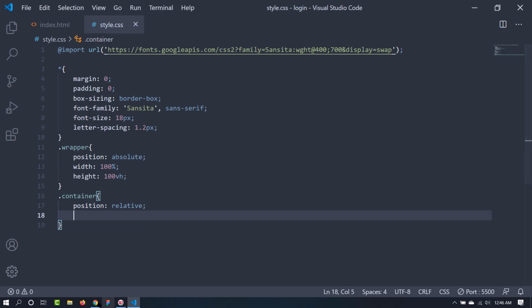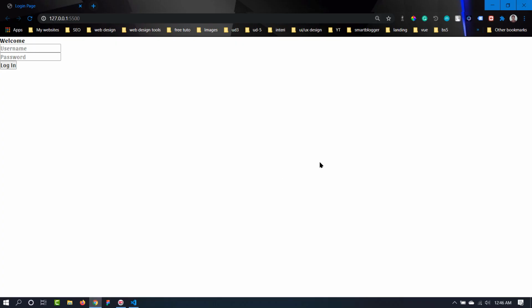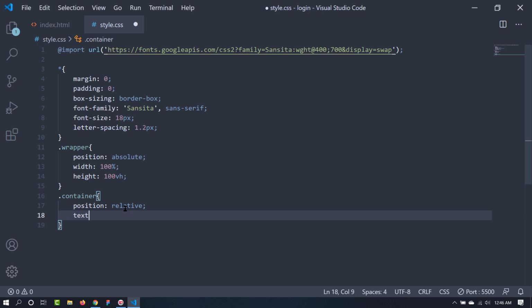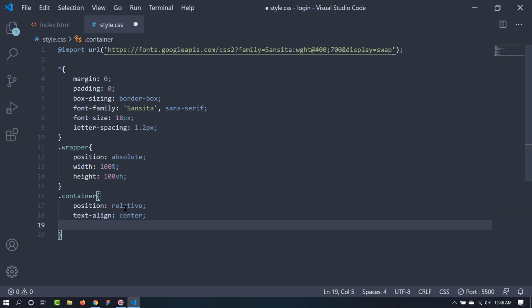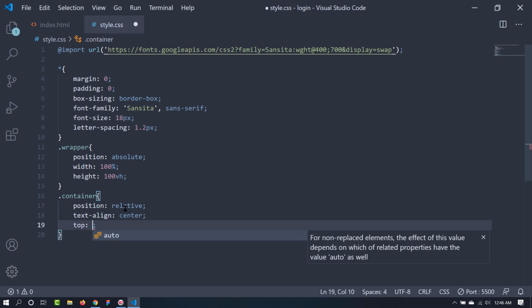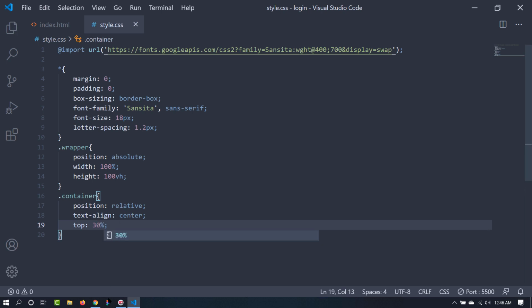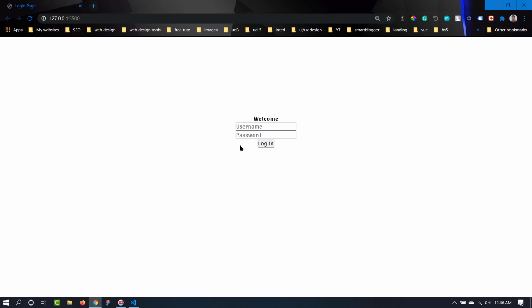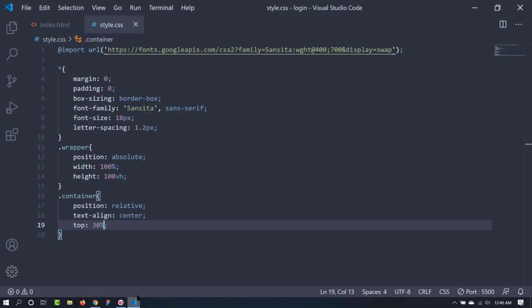Now let's see, we need to make it center, so we can do that by text align center, and let's give some space from the top. Let's try 30%. Now it is in center. This wrapper here should have a background color of the gradient, and we are going to do that.